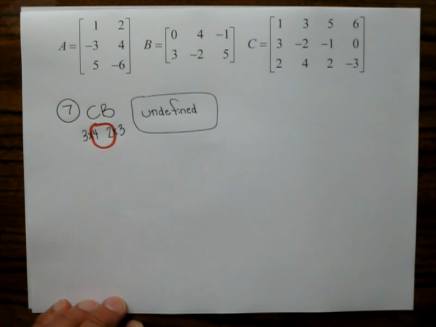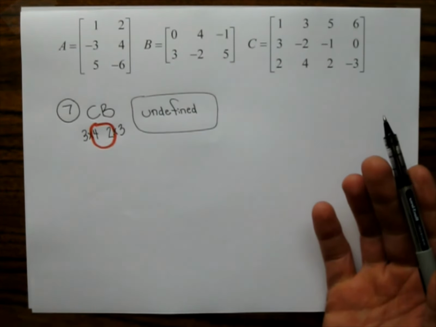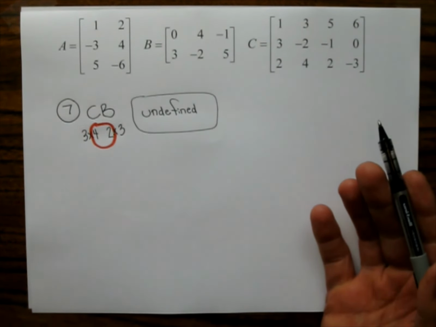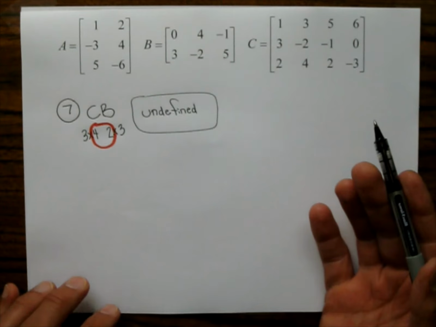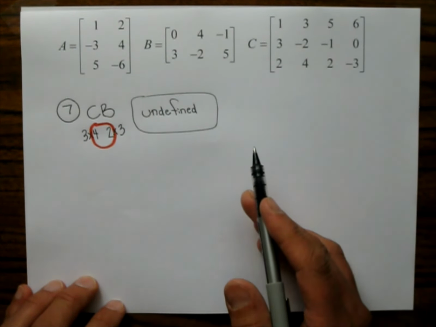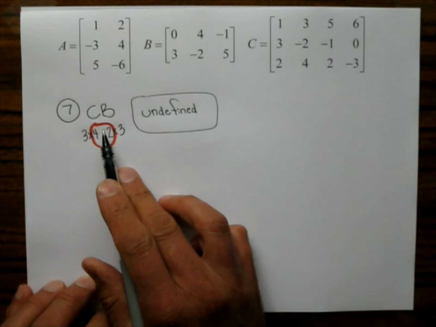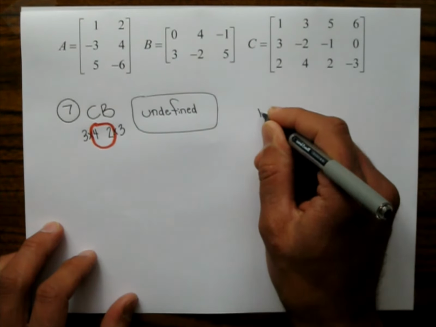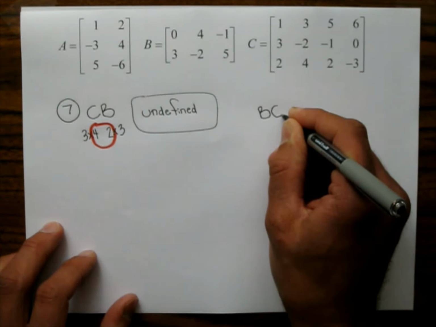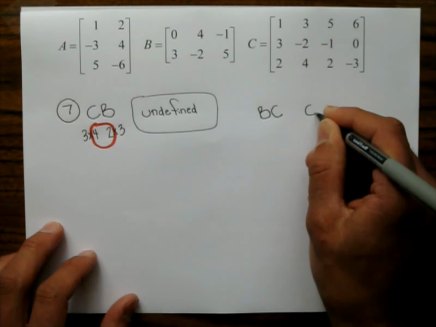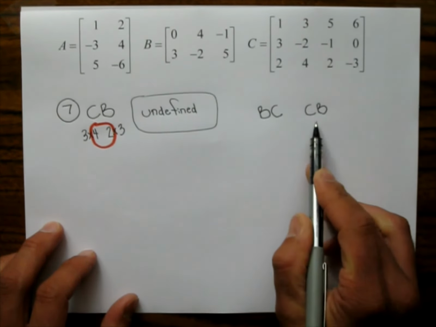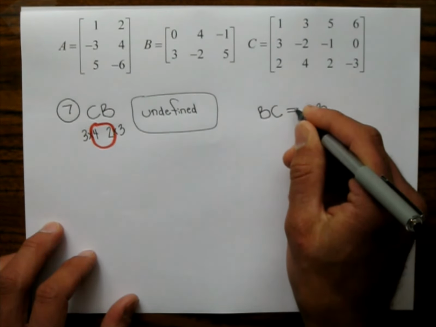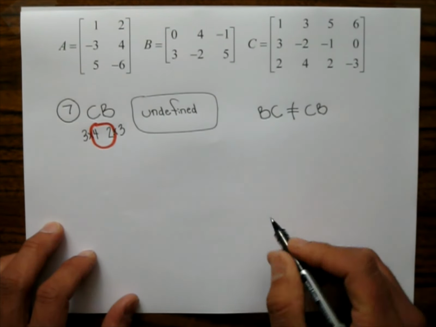Okay, so that happens. There are sometimes you cannot multiply matrices together, and this is weird because with real numbers, you can always multiply real numbers together. You can go like 1 times 5 or 13 times 4.5, but here there are times when you cannot multiply matrices together. But the other weird thing is we were able to compute BC in the last problem. CB, that's undefined. So those guys are not equal, which tells us